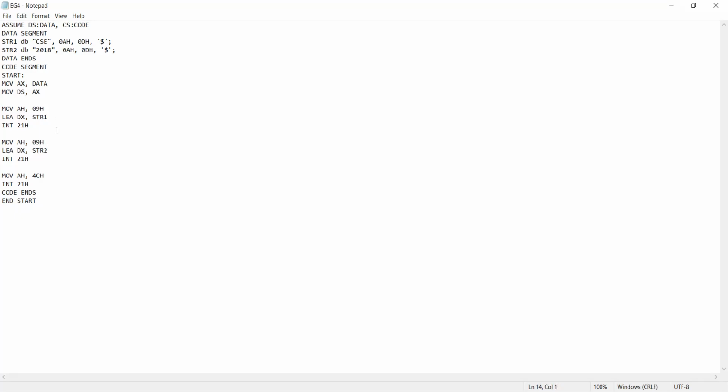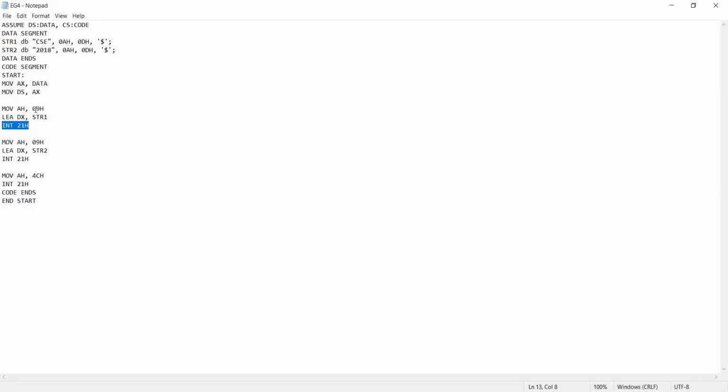To print a string, we need to call another interrupt routine. That routine's argument value is 09H. When we move 9H into the AH register and then call INT 21H, the purpose of that interrupt call is to display a string on the screen.